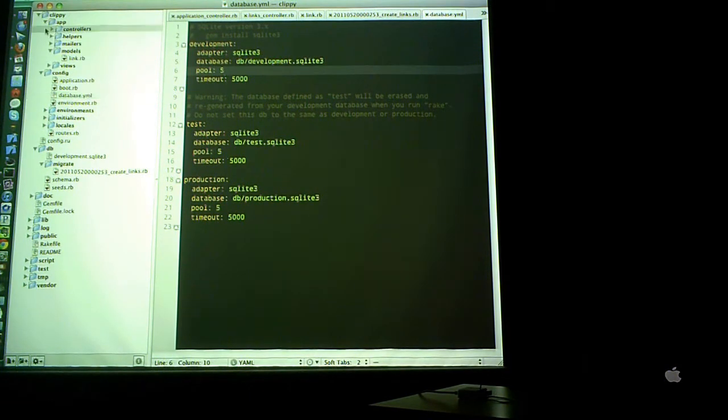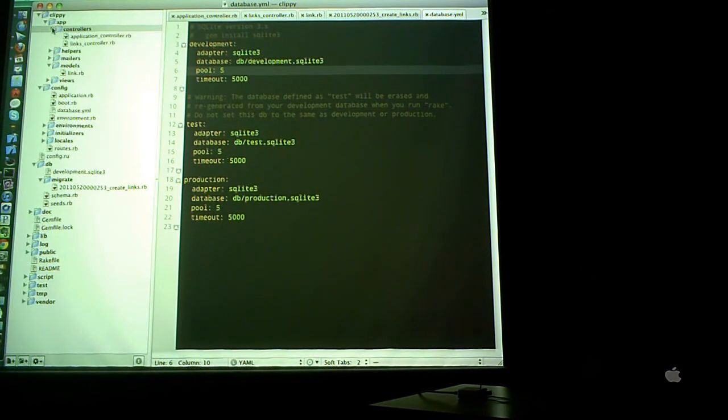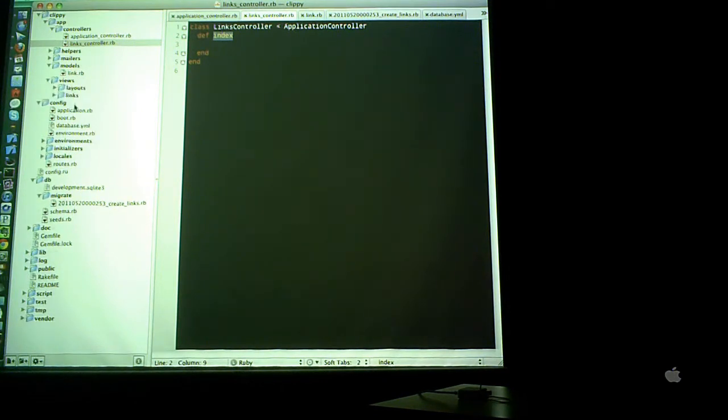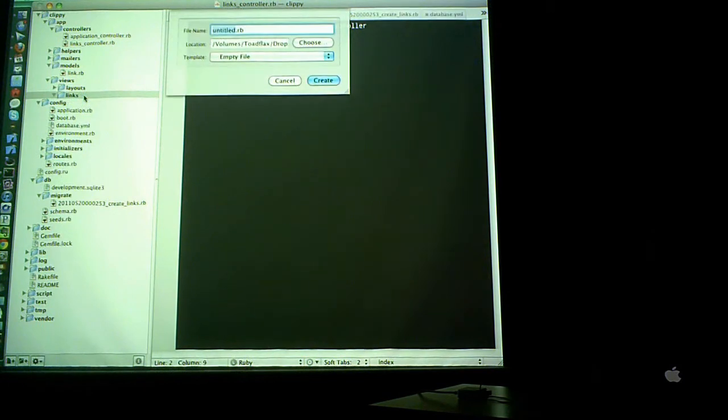So the flow is the links URL went to the links controller and hit the index action. I didn't do anything here, but by convention it's just going to find the index view and render it. So there's no specific "I have to render this view" call. So I'm going to go into views, links, and I'm going to add a new file, and this is going to be